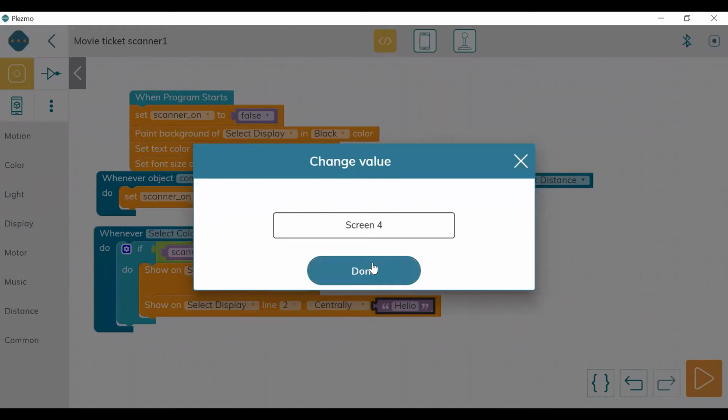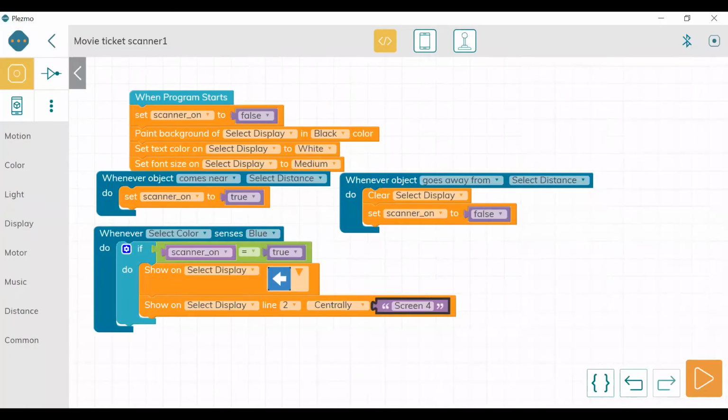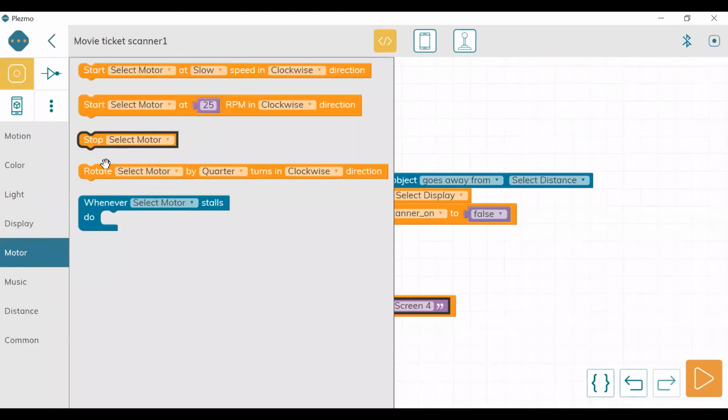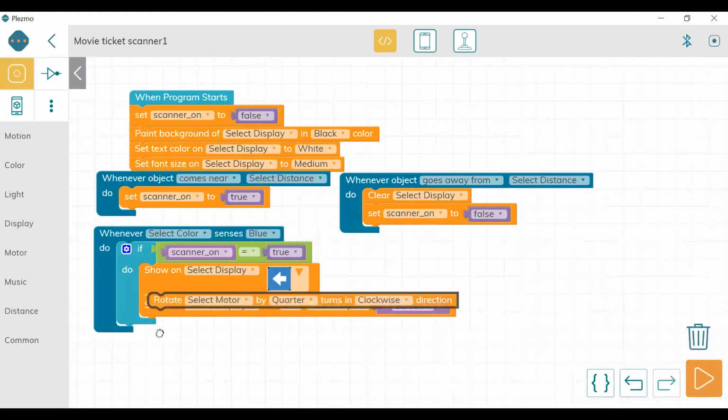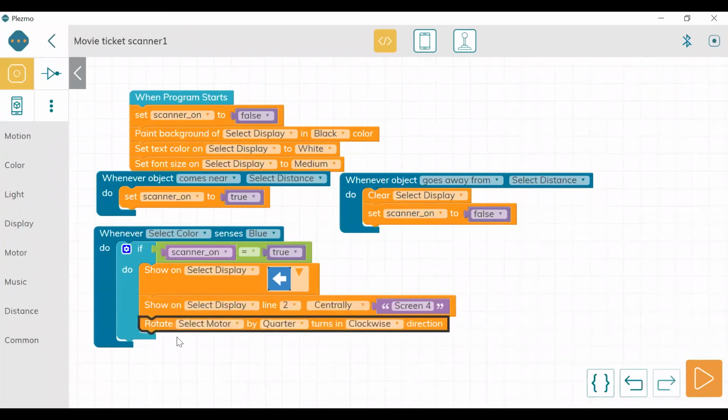Screen 4. Okay. And now next is the control of the motor. So how can we do that? Again, we will go to the same concept as we did in the program smart parking. Select motor, rotate motor by quarter in anti-clockwise direction, because we are opening it. Wait for 5 seconds. Now where is the wait?